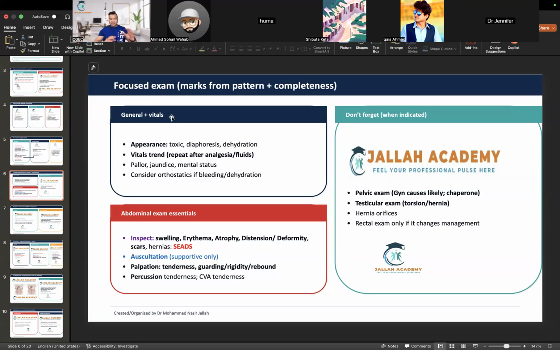My patient is sitting. You need to comment on the appearance, on the vitals and everything. But if I make it very simple for you, you comment and report it to the examiner in a general way. For example, my patient is sitting in the corner of the bed and seems to be in no pain, or he's doing well. Or my patient is sitting in the corner of the bed and he seems to be in a lot of pain. So this is a general inspection.